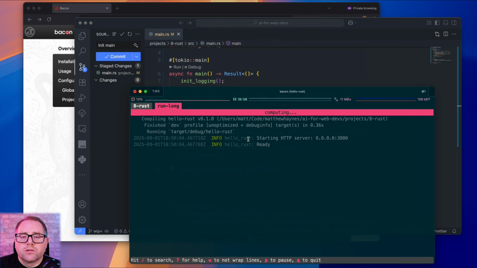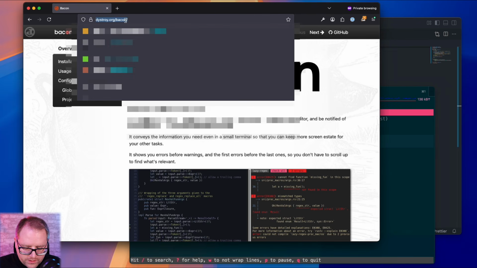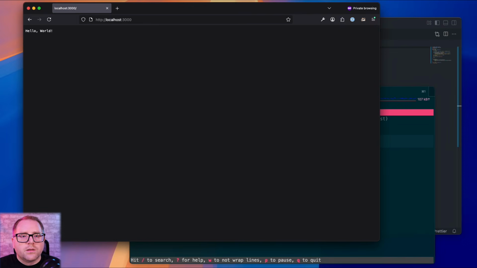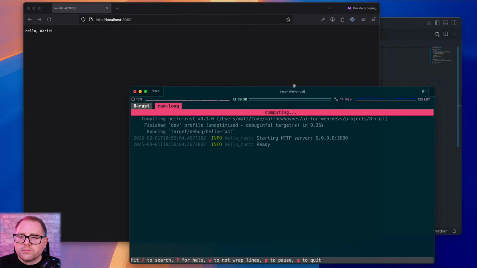Because we have Bacon running, it's automatically going to do that for us. So you can see here, we're running on 3000 and it is ready to go. If I do localhost 3000, hello world.